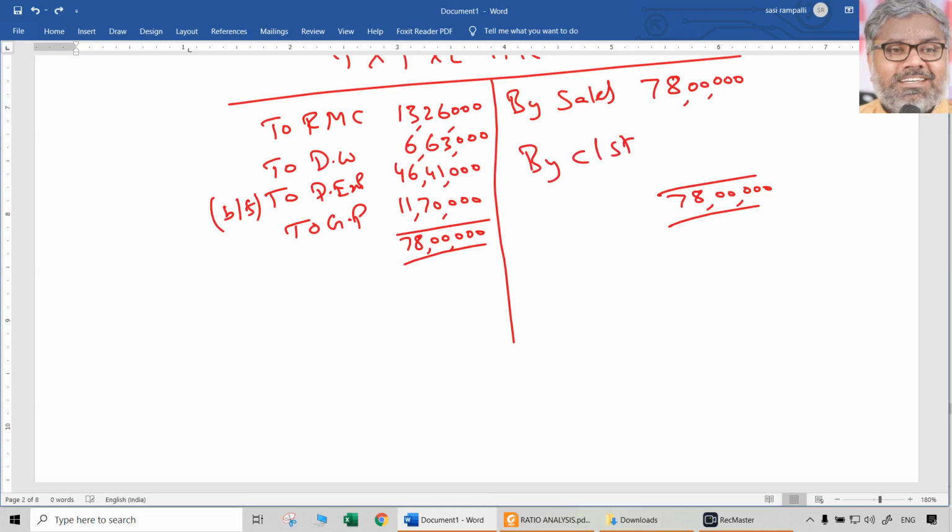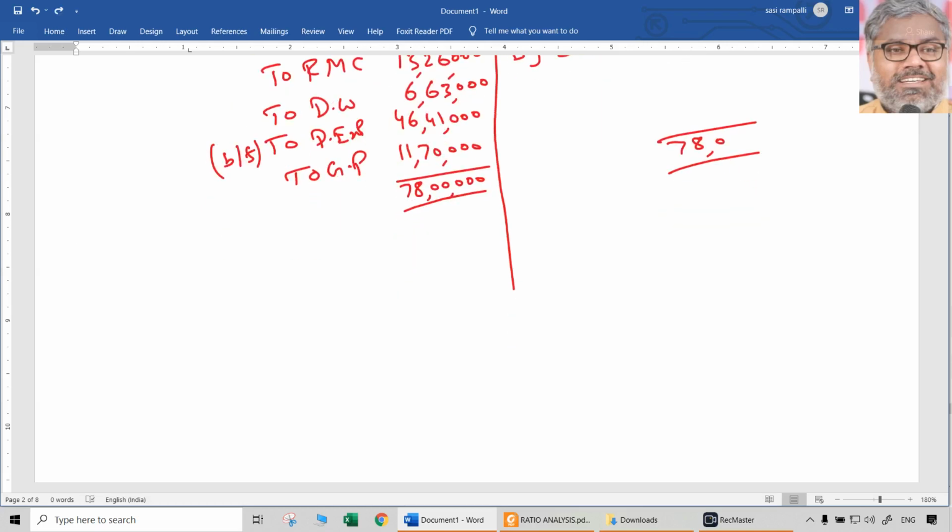No need. Why? Because we have taken an assumption that opening stock of finished goods and closing stock of finished goods are the same. Or if you want, you can write to opening stock the same amount, by closing stock the same amount, it's okay. So why was that assumption required? Since works cost is given and nothing is mentioned about opening stock of finished goods. If the opening stock of finished goods was given separately, then we would have done differently. Then we would have derived these direct expenses after taking into consideration the opening stock of finished goods also. That is a different way of doing it. Since that information is not there, we can't help it. That is how it is.